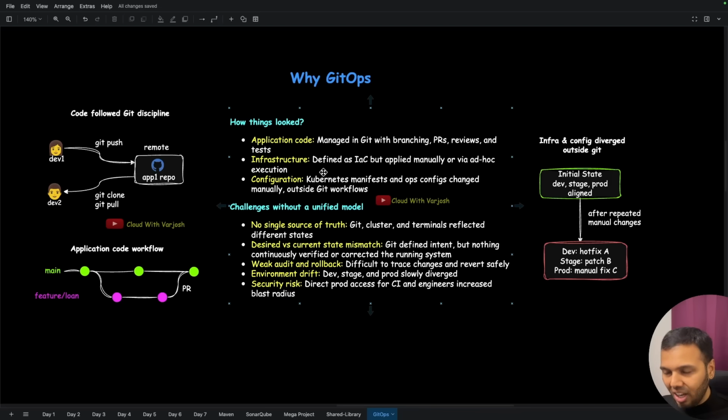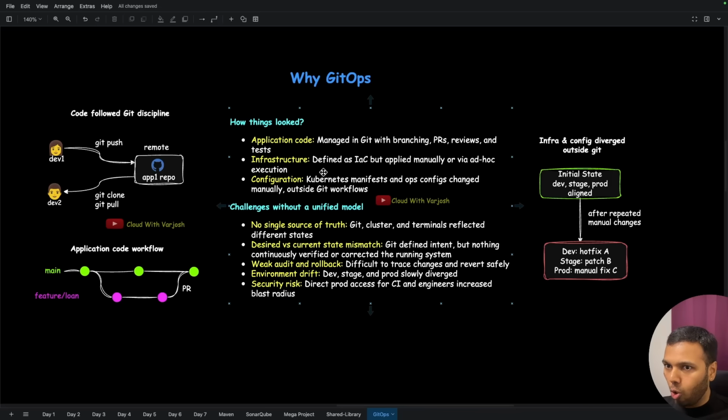We want the infrastructure templates to also adhere to the same strategy that application code uses. And what is that strategy? That strategy is we want everything that is supporting the application to run properly